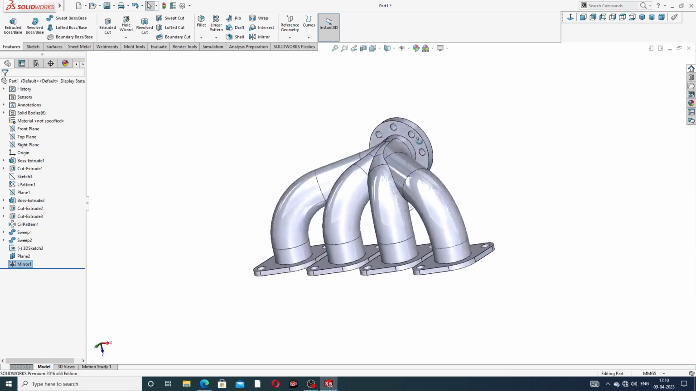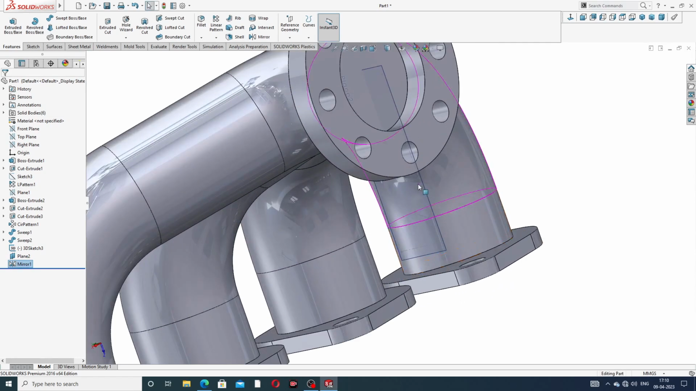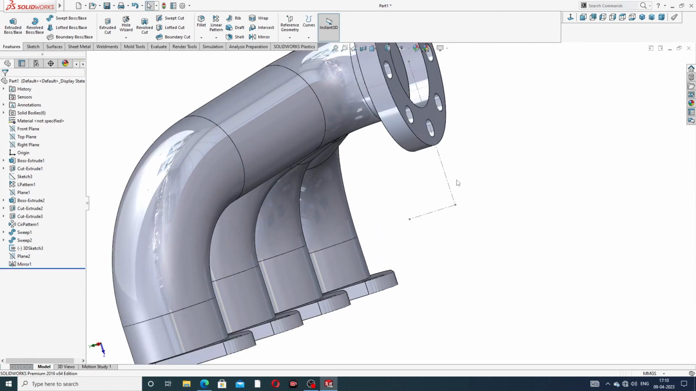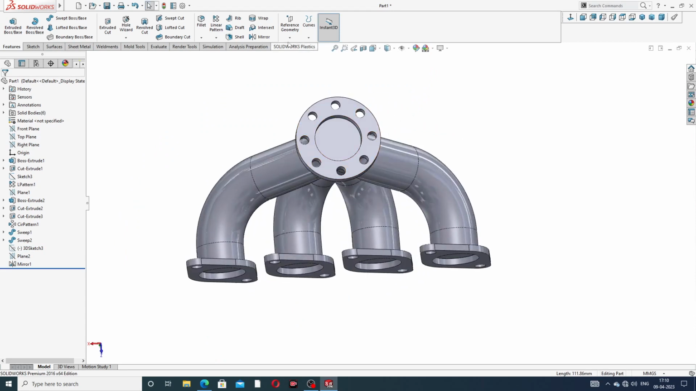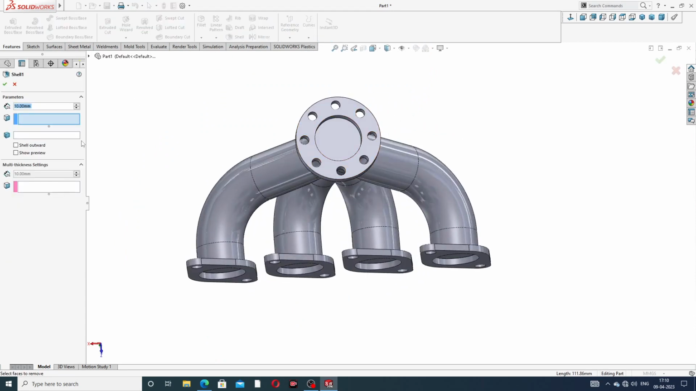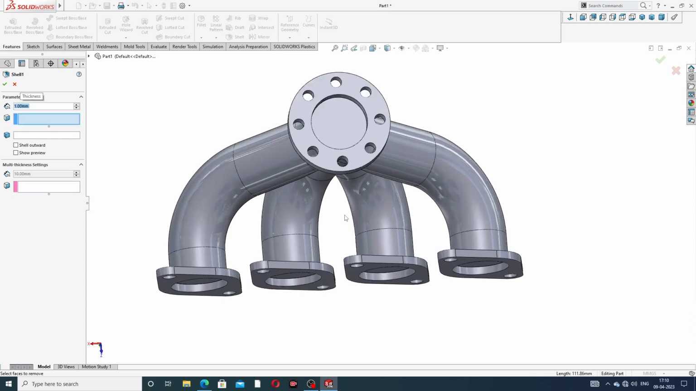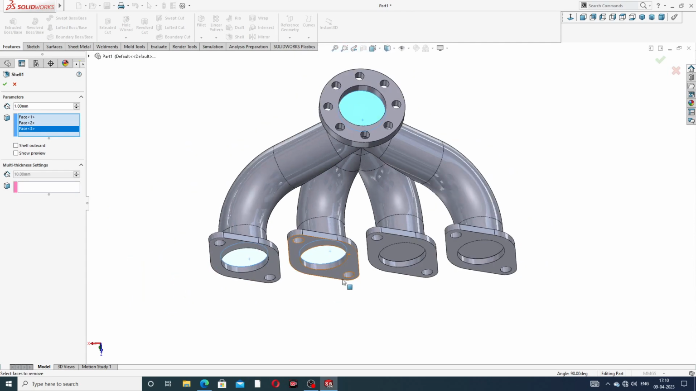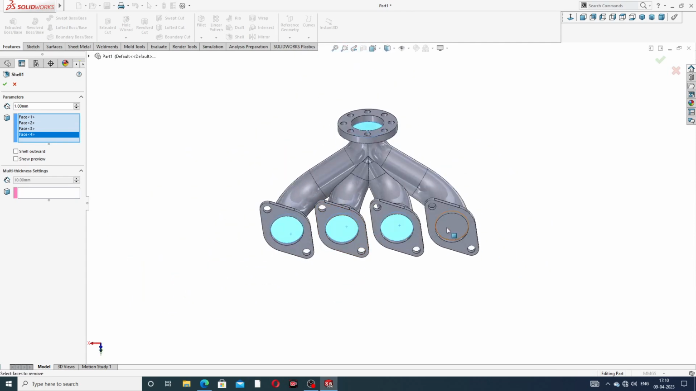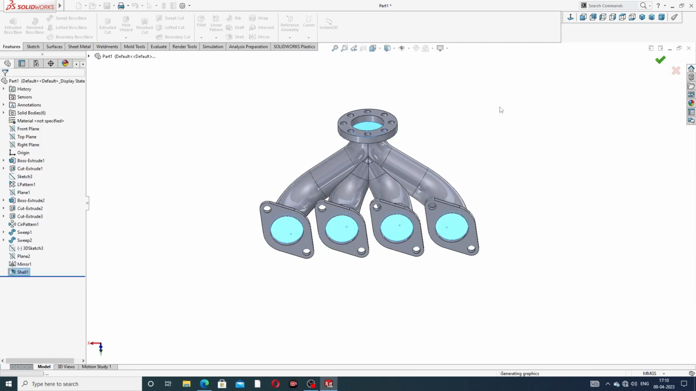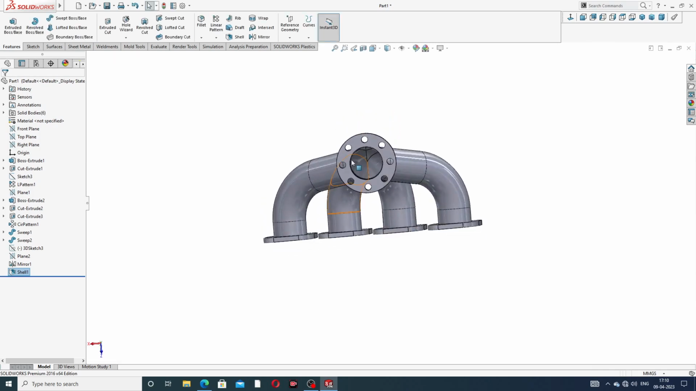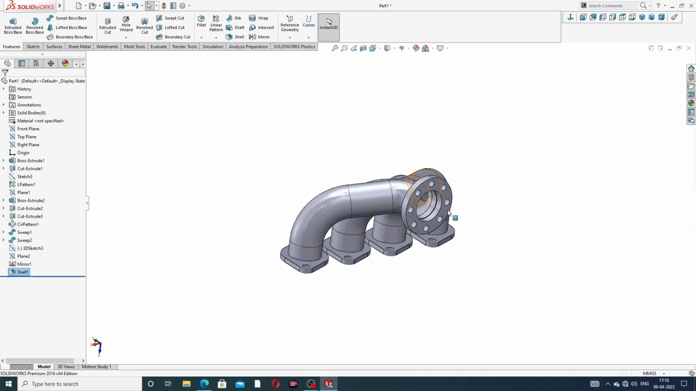Okay, this is perfect, and this body is correct, and both are hidden because this body is looking perfect. Okay, and the shell command is used here, and shell thickness is 1 millimeter, and select this, and all are selected one by one here, and click OK. Okay, all is hollow, and all is looking perfect,